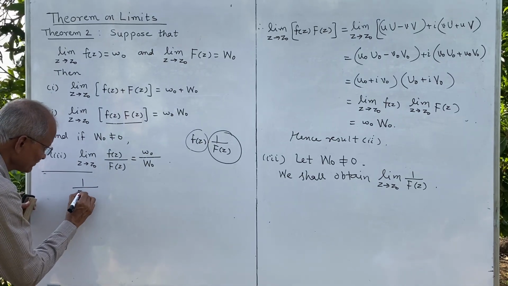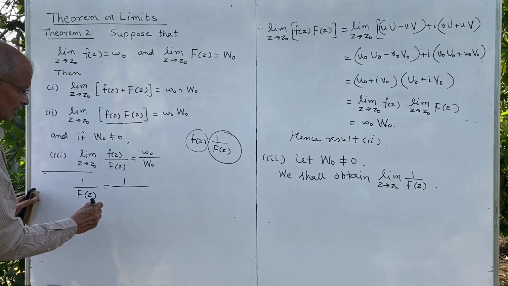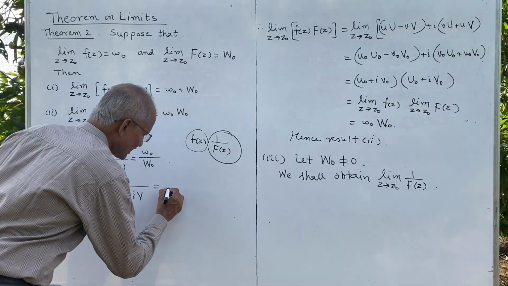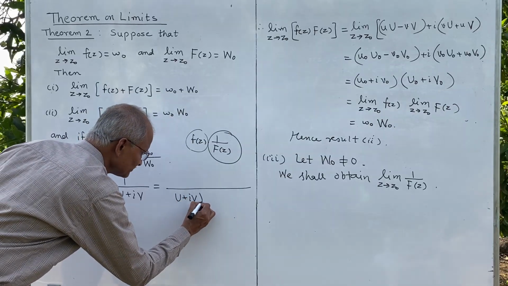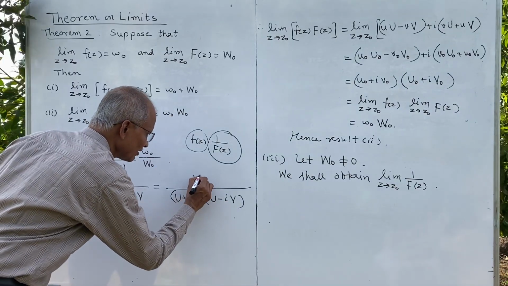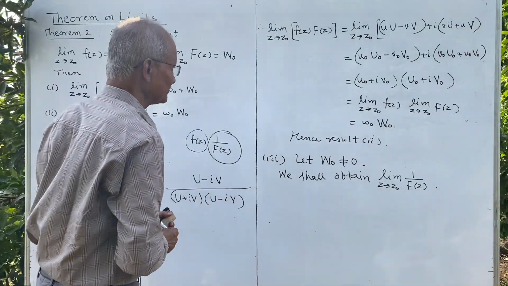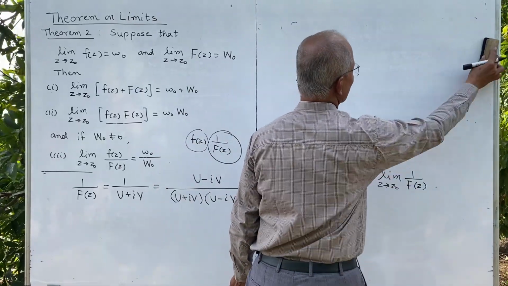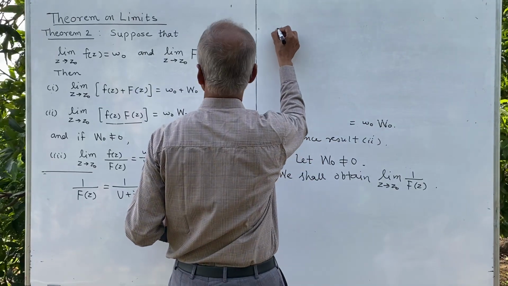1 upon capital F of z is equal to 1 upon, what is capital F of z? We have written earlier, that is u plus i into v, and we shall rationalize this. To rationalize this, we know we have to multiply the denominator by its conjugate, that is u minus i into v, and the numerator also to be multiplied. So this expression will be this, that is 1 upon f of z